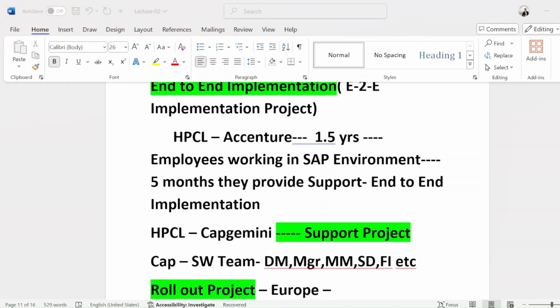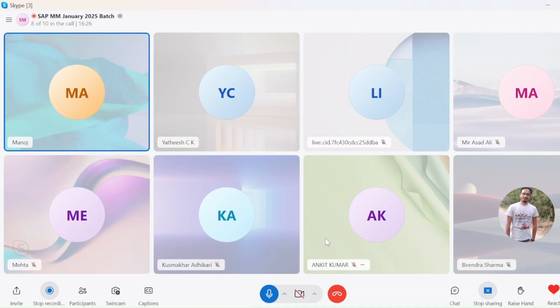Let's suppose Mehta Private Limited earlier was using some local ERP or any ERP. Let's suppose they were using Oracle. Right now they just want to implement SAP, and they don't want to use Oracle or BAAN or whatever ERP solution they are using right now. So they just want to implement SAP in their company.